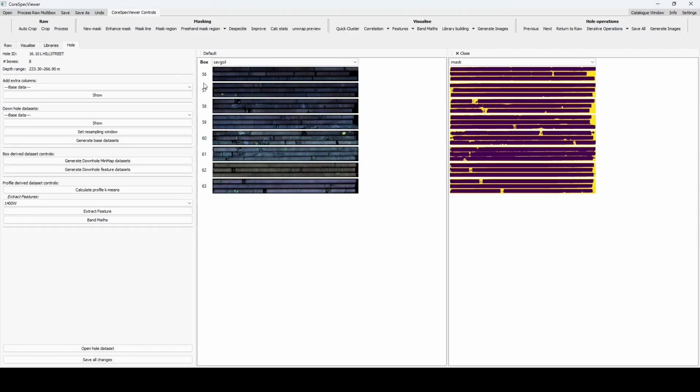So as you can see, this is 8 boxes from a hole drilled by Geological Survey Ireland in County Roscommon from the Hill Street hole. We have 8 boxes loaded with a depth range of 233.3 metres to 266.9 metres. These boxes have all been processed using